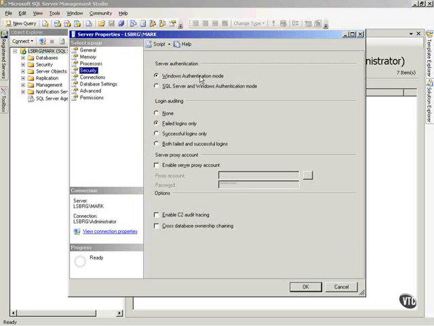Well, if I look at security, you'll notice that I'm in Windows authentication mode. So if you remember from an earlier video, then that means that if we connect to Active Directory, we're going to have to map people in. And I'll show you how to do that in just a second. If I want to make it SQL Server and Windows, I can change it. Now, if I change it and hit OK,